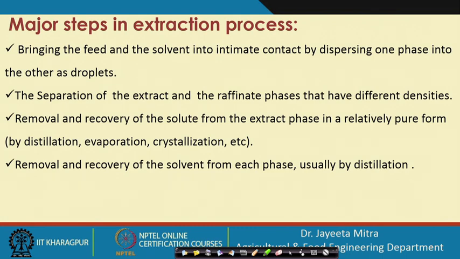Extract contains the solvent plus the dissolved solute, the component that we want to separate, and raffinate is the liquid that remains after extraction of the solute, the initial feed slurry or feed liquid. So, that is called the raffinate phase, and they have different density. Then comes removal and recovery of the solute from the extract phase. Now, when we have extracted, the solute has come from one phase to the other liquid phase,